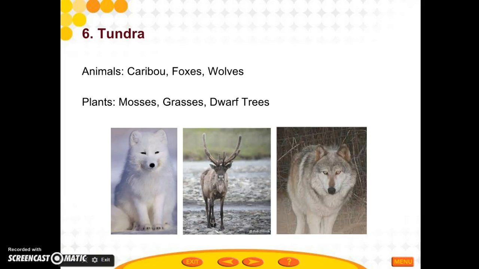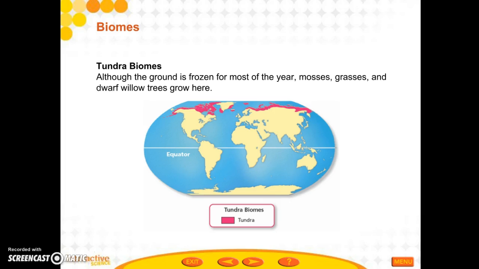Animals do live there. Most of them have a characteristic that makes them successful of living in the snow, like the Arctic fox, caribou, wolves. They'll have really broad paws, and they'll also have that characteristic of camouflage. Not a lot of tall things can grow for a couple reasons. One, they don't have a lot of precipitation, and two, they don't have warm enough temperatures or enough sunlight for most of the year. So mosses, grass, dwarf trees.